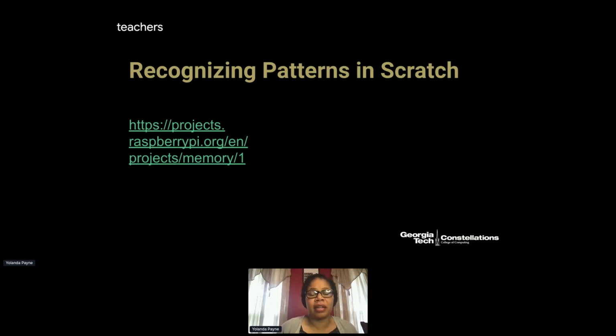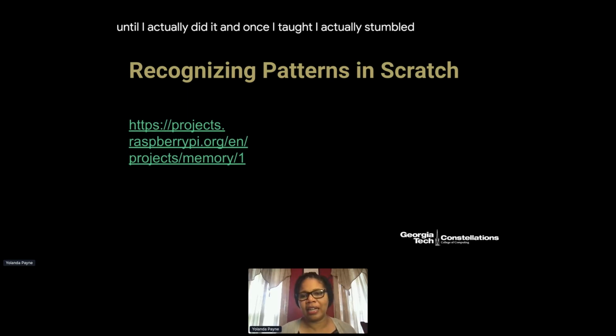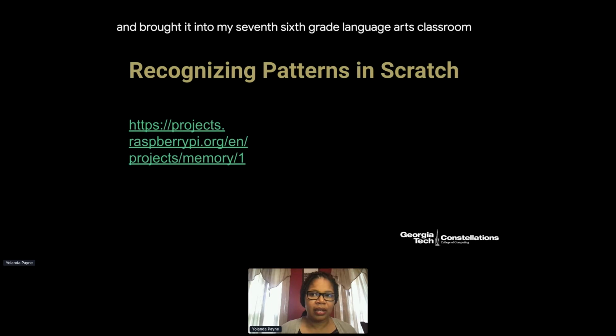Because teachers, myself included, when I taught, I saw computer science as this separate entity, not thinking of how I could use it in the classroom until I actually did it. And once I taught, I actually stumbled upon coding and brought it into my sixth grade language arts classroom. What the students were able to do with coding in that classroom just opened my eyes to all kinds of